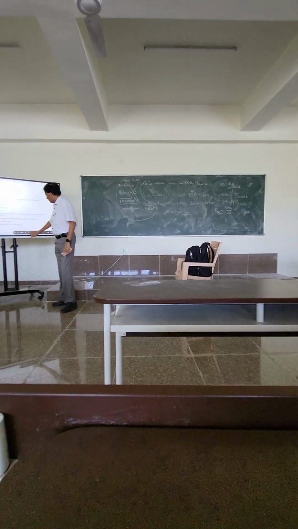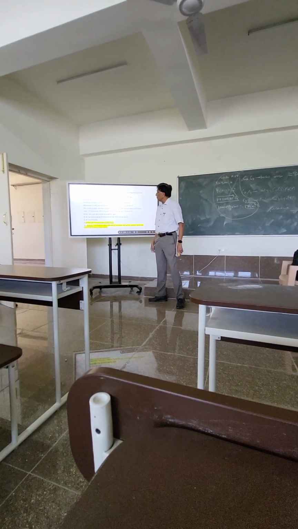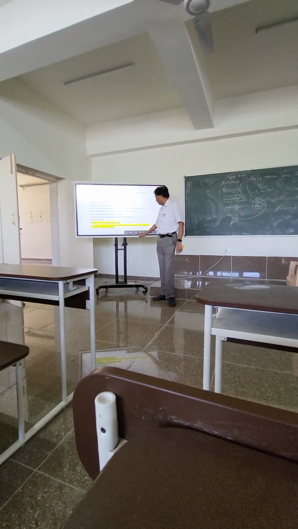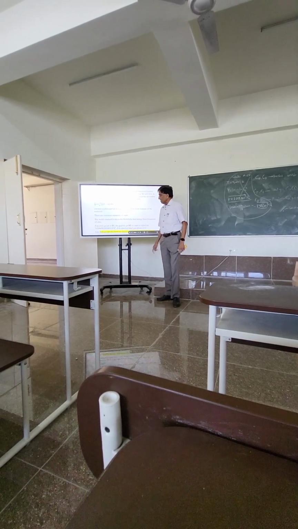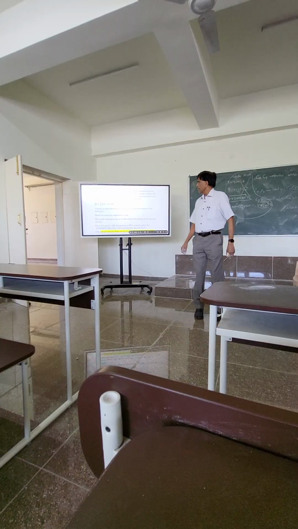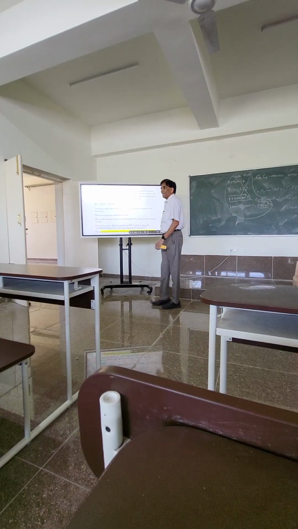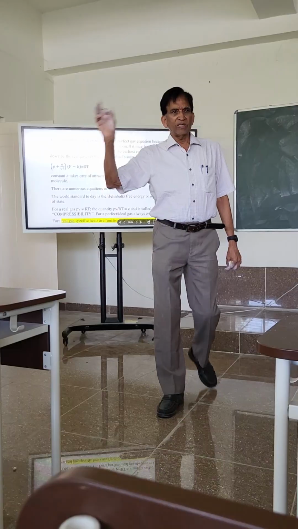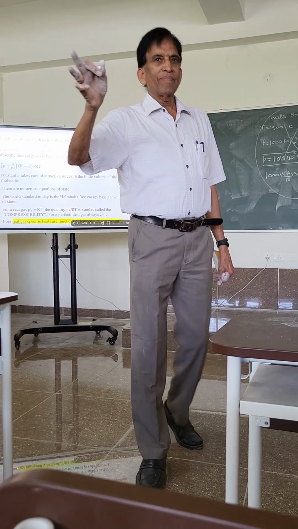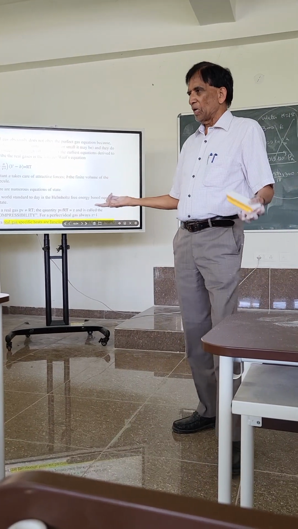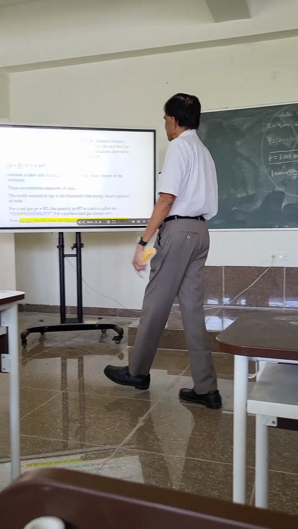Okay, when we go to the next slide, I hope you understand that one. This is a long topic. We come to properties of liquid a bit later. So now what is the real gas? Ideal gas and real gas are both described by what are called equations of state. PV equal to RT is the ideal gas equation of state, but what is the real gas equation of state?